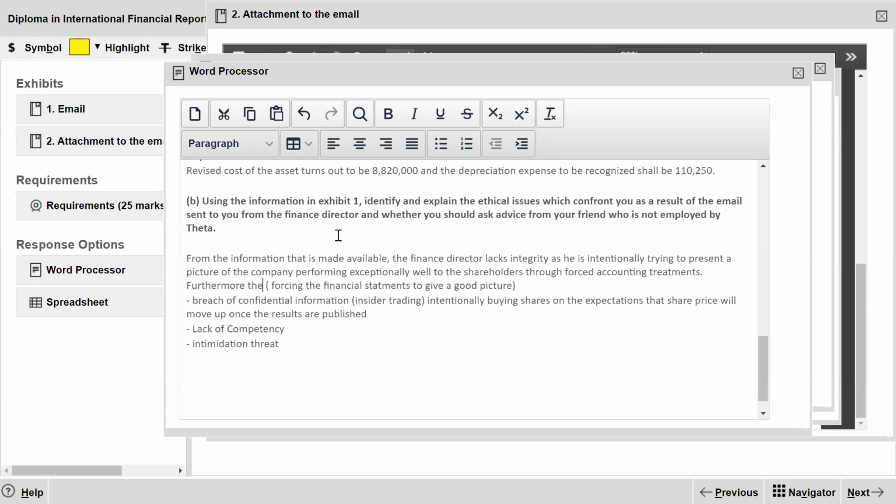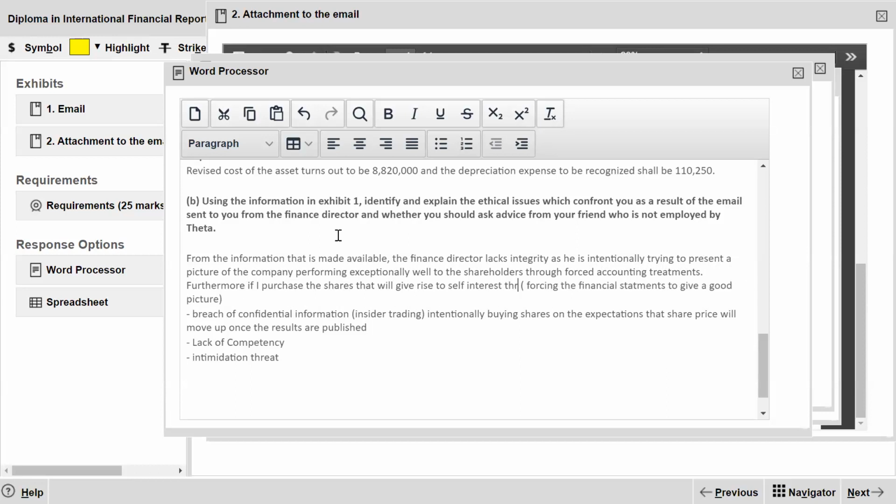Furthermore, if I purchase the shares, that will give rise to self-interest, a threat to my independence, and will also result in